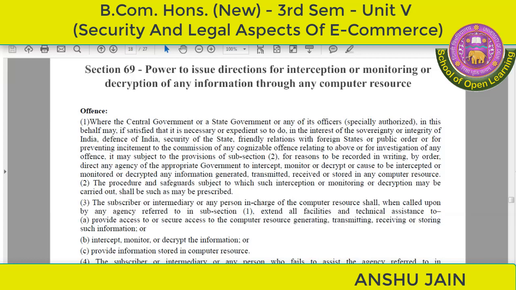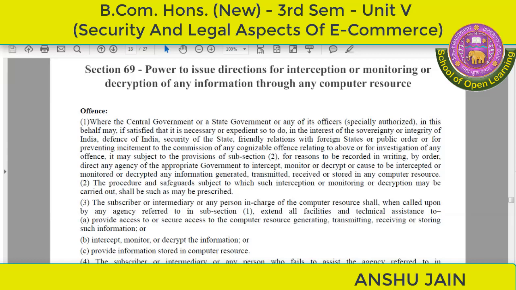Where the central government or state government or any of its officers who are specially authorized to do the same in this behalf, if satisfied that it is necessary or expedient so to do in the interest of sovereignty and integrity of India, defense of India, security of the state, friendly relations with foreign states, or public order, or preventing incitement to the commission of any cognizable offence relating to above, or for investigation of any offence, it may subject